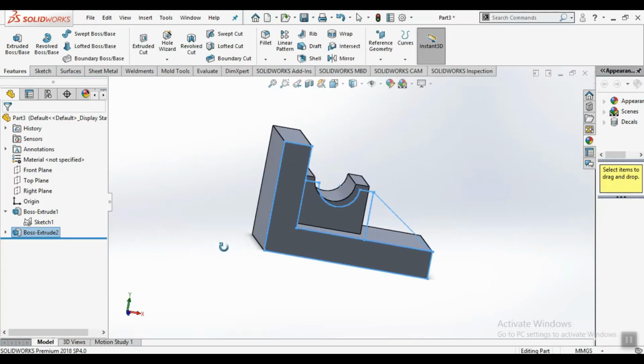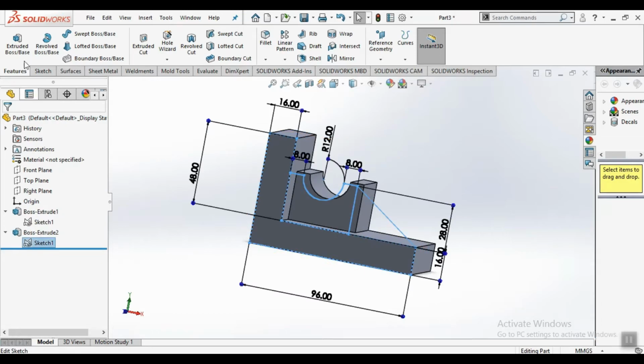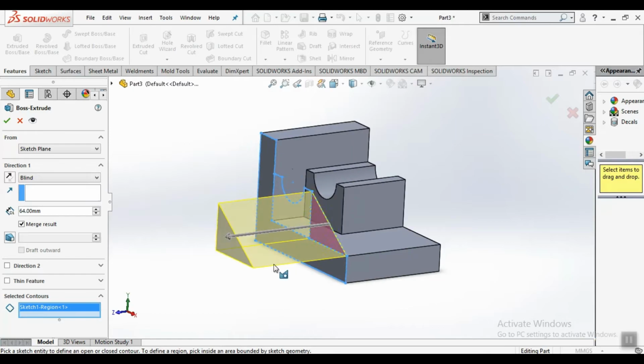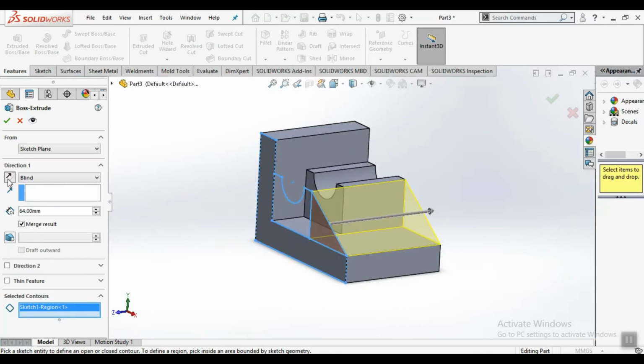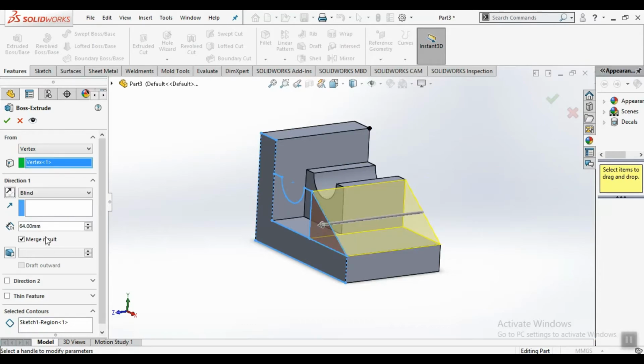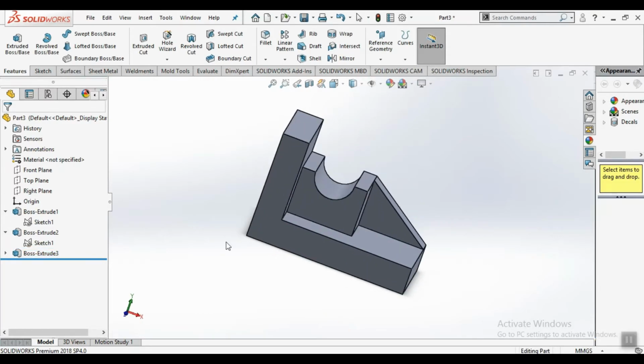Now it's time to extrude the third part, which is this triangular shape. So similarly go to the sketch, extrude both ways and select this part, make it reverse, go to the vertex from here, make it inverse and give the dimension which is 12 mm. Okay. So according to our design,